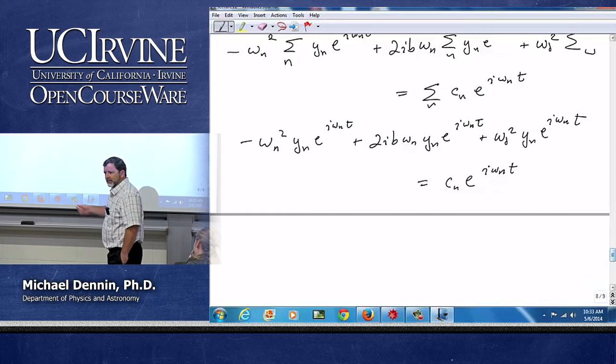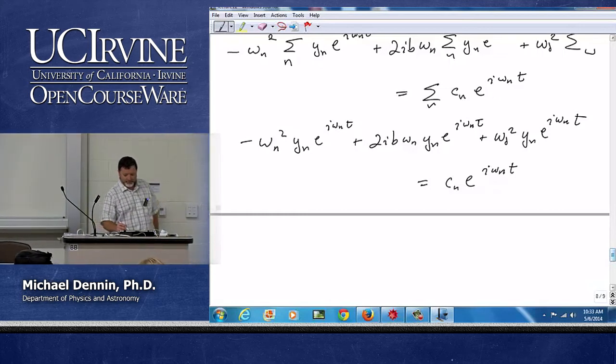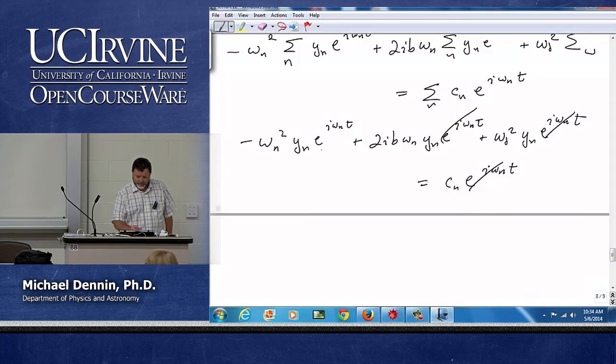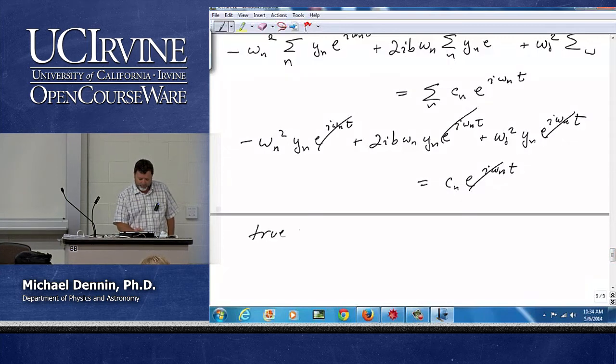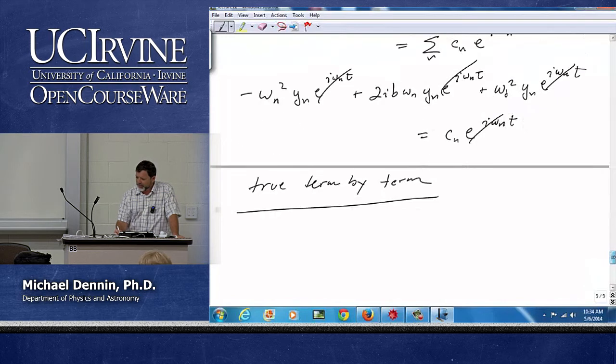They just don't do that. Okay? So we get to cancel our e to the i omega n's because it has to be true term by term. Another one of those big ideas that we've mentioned in the past. And now it truly is just algebra. And if you redo your algebra, you'll find y sub n equals c sub n over